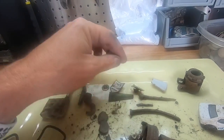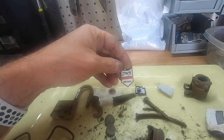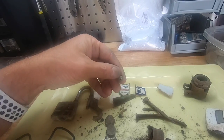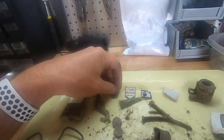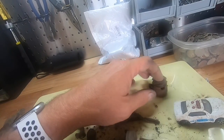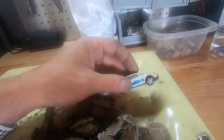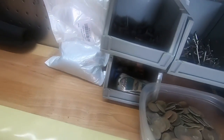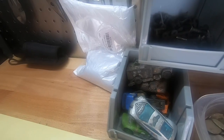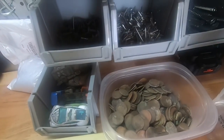Interesting find, glass jar. This I also dug the day that I didn't show a video. Some old glass. That looks like a hose attachment as well. I got another Hot Wheel. You can see there's all these years' vehicles, little toy vehicles. This is the old crusty coin